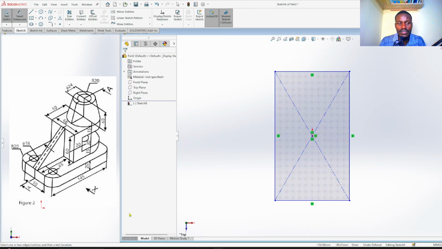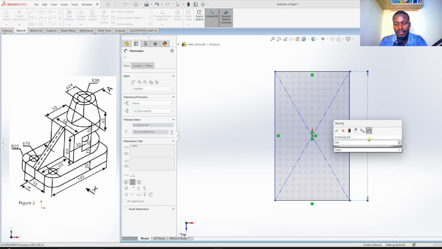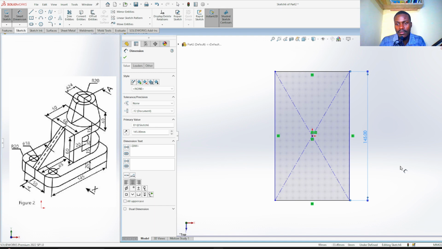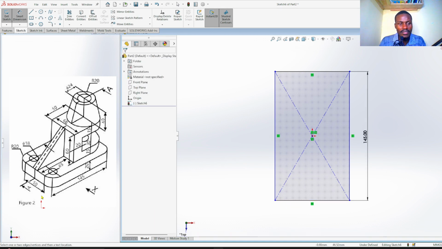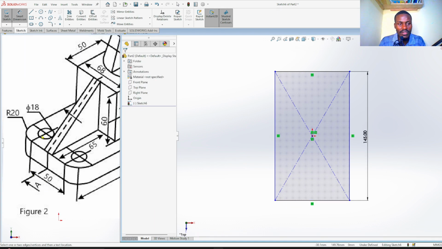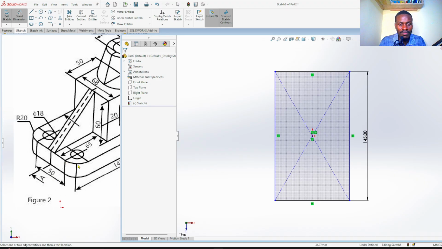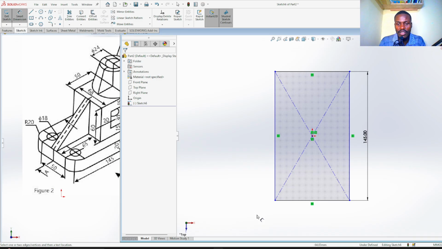Smart dimension, the width is 145 millimeters. And the base, as you can see, from the center of this hole to center of this hole is 50 mm. And then we have an arc here which has a radius of 20 mm, and there are two, so 20, 20, 50, that's 90 millimeters. So this base is 90 mm,